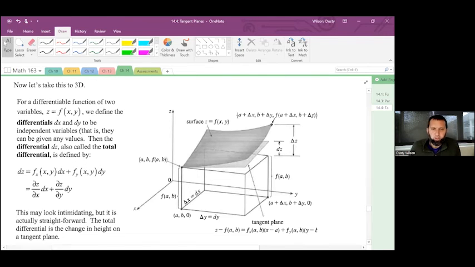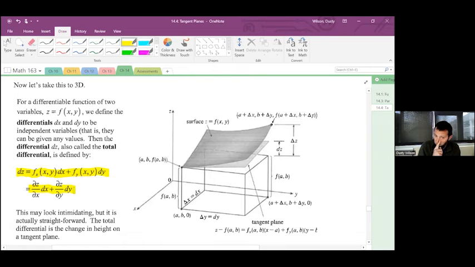Now let's take this to 3D. For a differentiable function of two variables, z equals f of x, y, we define the differentials dx and dy to be the independent variables. That is, they can be given any values. And then the differential dz, also called the total differential, is defined by dz equals the partial derivative of f with respect to x evaluated at x, y times dx plus the partial derivative of f with respect to y evaluated at x, y times dy, or partial derivative of z with respect to x times dx plus partial derivative of z with respect